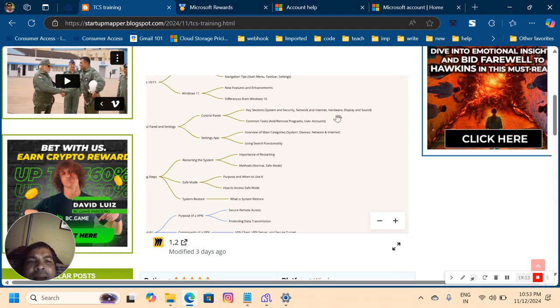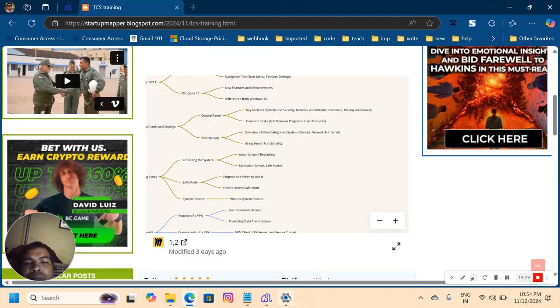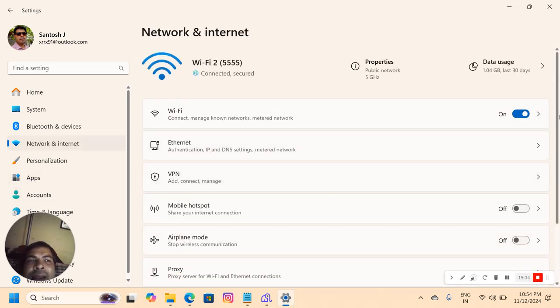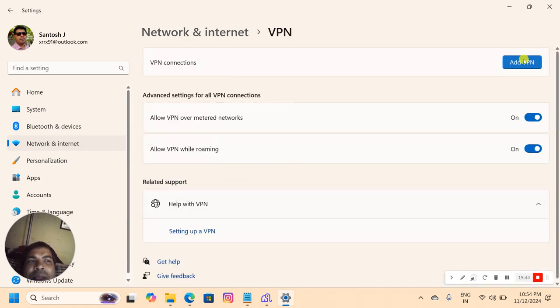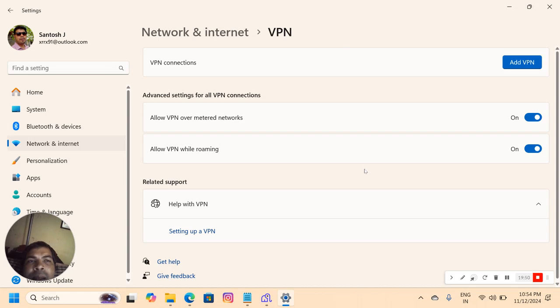Now network and internet, hardware, display and sound. We will take a look at this. Let me close this for you guys. If you look on the left hand side, this is your network and internet. I am connected through Wi-Fi. If you are using a wired connection, it would be Ethernet. If you are connected through a VPN, you would add and manage these things over here. For example, add a VPN, and you would configure all these options